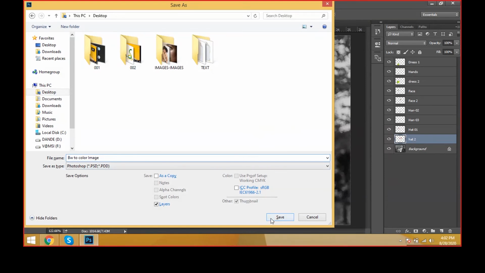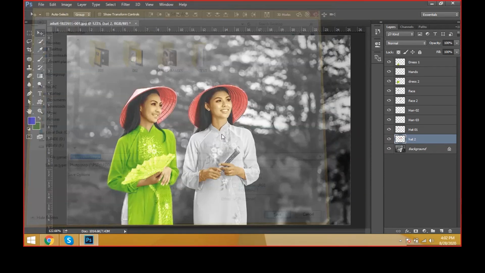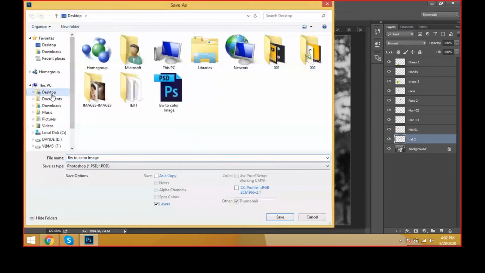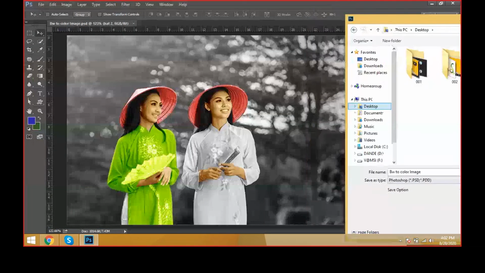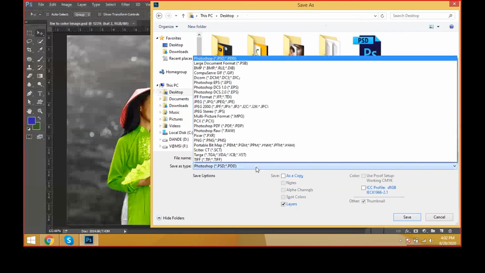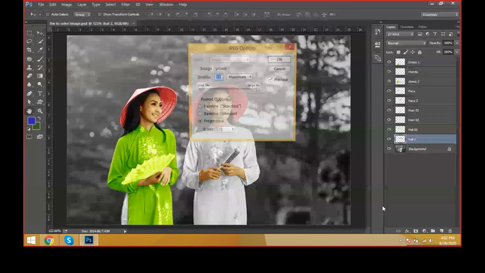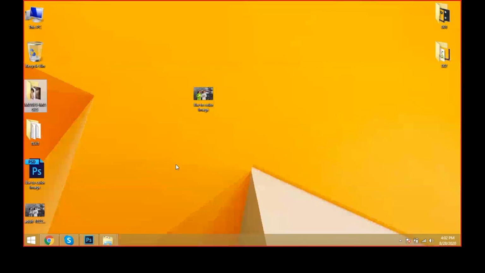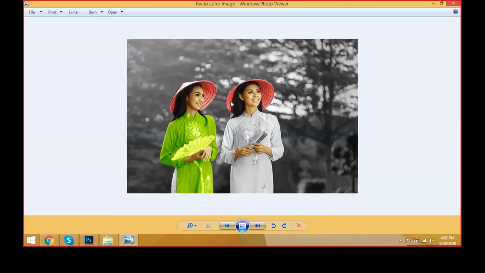Save this one. Okay, now File, Save As, give desktop, and now choose JPG. Save it and click OK. Now we can see this one. See, we can see the differences between both.